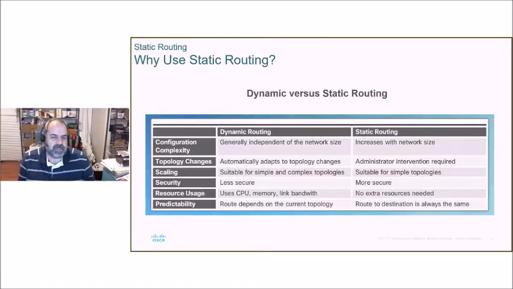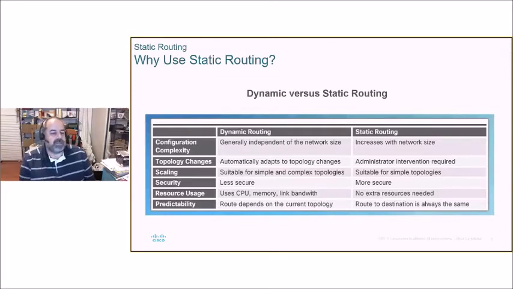Basically configuration complexity, generally independent of network size, and so basically you just need to configure each router individually. They'll talk to their neighbors and they'll learn everything. So that's great. It doesn't get any more complex. But with static routing, I think I might have said last time, as you add networks, the number of static routes you need to type in will actually grow exponentially. And so it gets very big. And so it's not necessarily complex, but it's just a big administrative